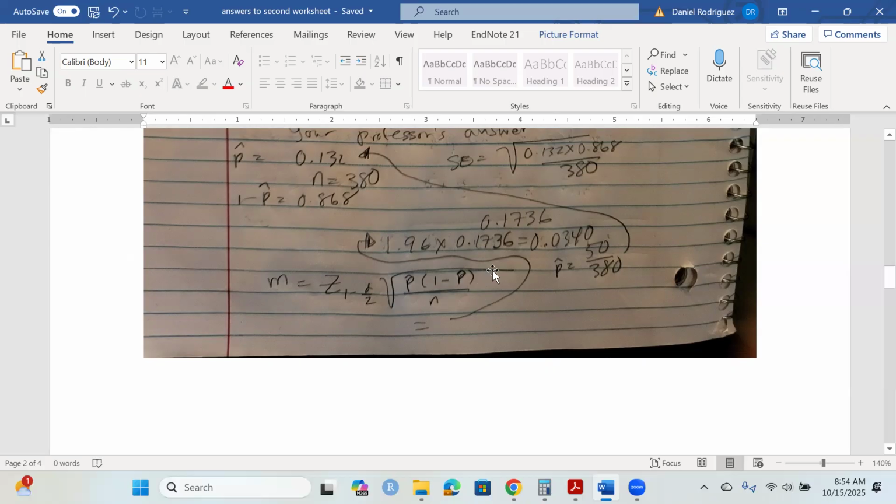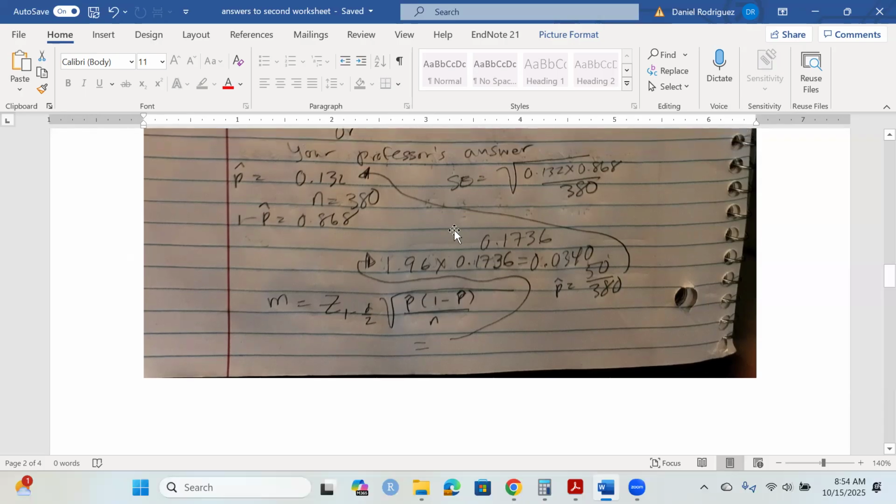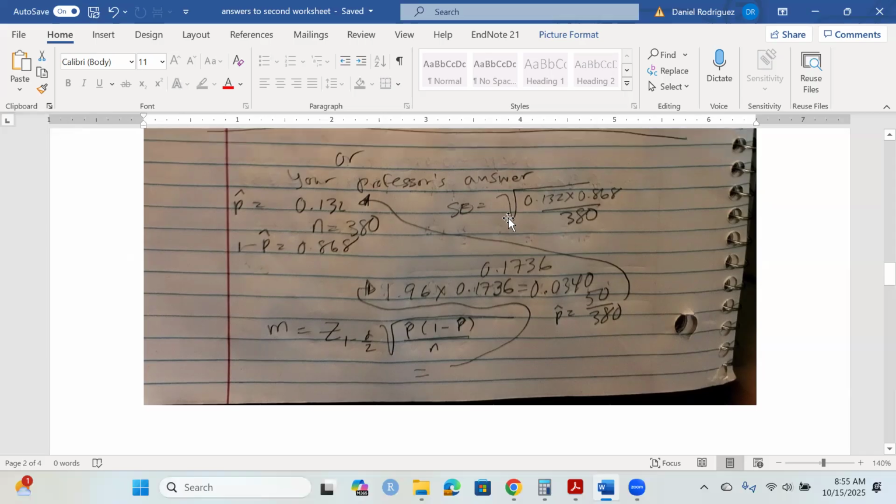It's the square root of all that times whatever the z value is. I'm sorry, I did this backwards. There's arrows everywhere. It's because I was trying to figure out what she was doing. So we have our estimate of 50 divided by 380 is 0.132. Its complement is 0.868, because 1 minus 0.132 is 0.868. So her standard error then would be